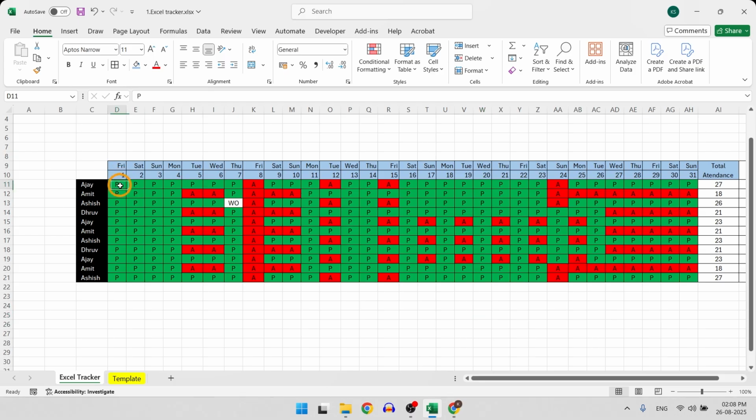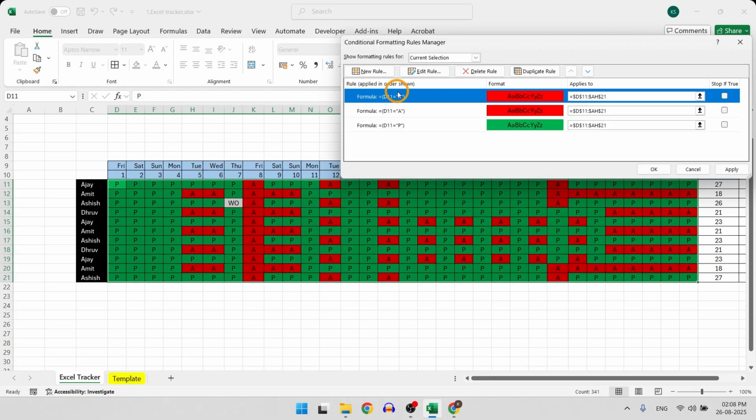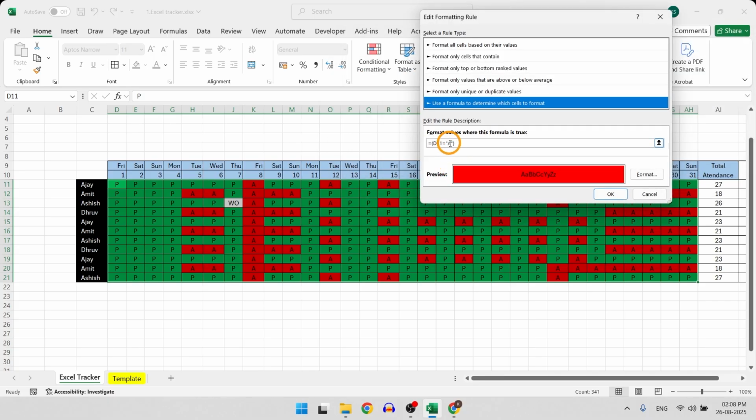Once again, I can apply the same formula for the value weekly off. And you can even copy the existing formula from Manage Rules and then edit it according to our requirement instead of creating a new one.